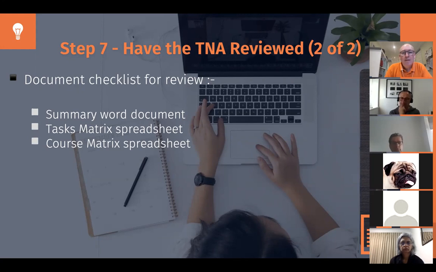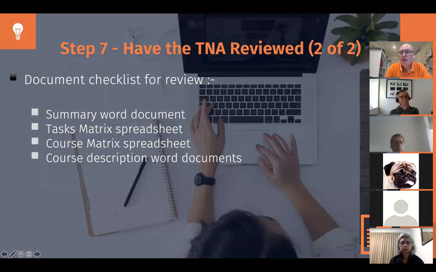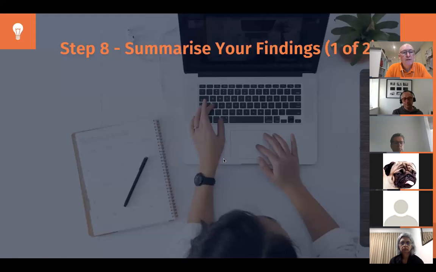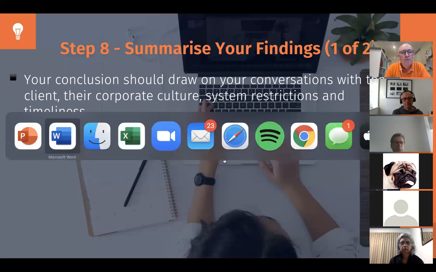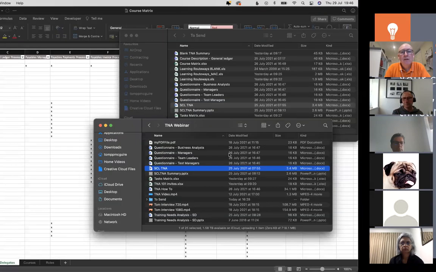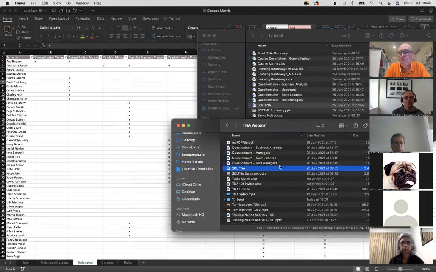Now the output from that is how many delegates have we got on which courses? How many courses do we need to run? Course description Word documents, keep it light at a high level, just so people get an idea of what the courses are. And summarize your findings. So you need to build a conclusion. Now, just before we get to the conclusion, I said that I'd show you a more detailed